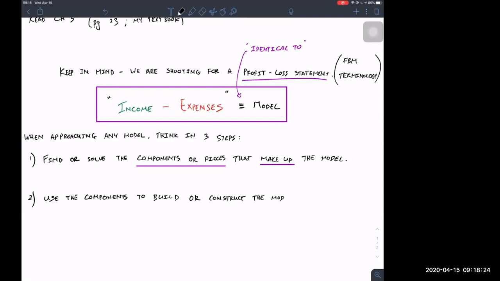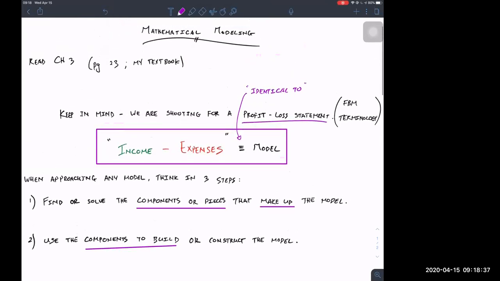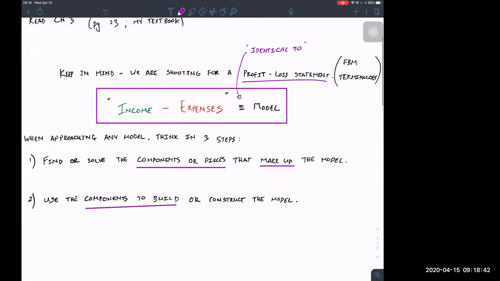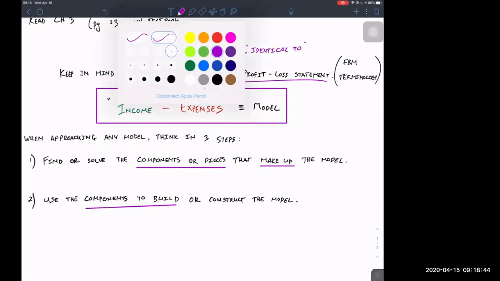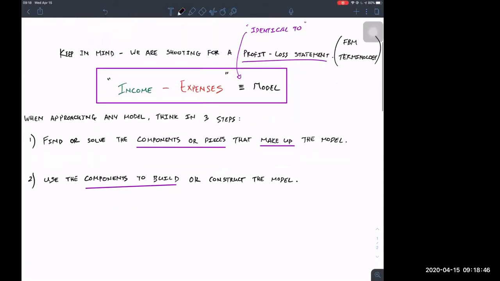So once you have all your pieces, this is just a matter of putting everything together, whether it's adding all your incomes together or adding all your expenses together or subtracting off all your expenses from whatever is making you money. However, the common mistake, as you'll see, is that when you make the model, in other words, you write it out for me, you just want to note that this is